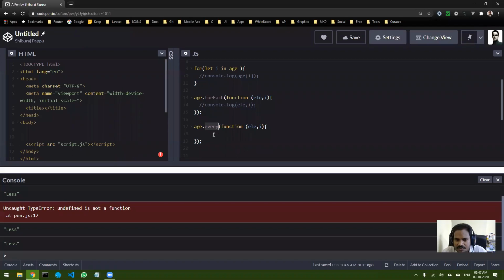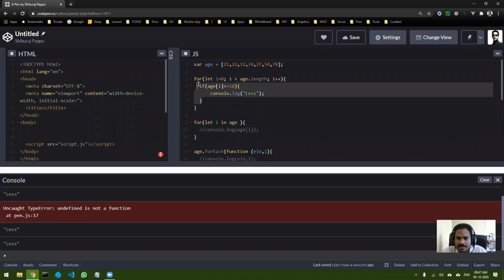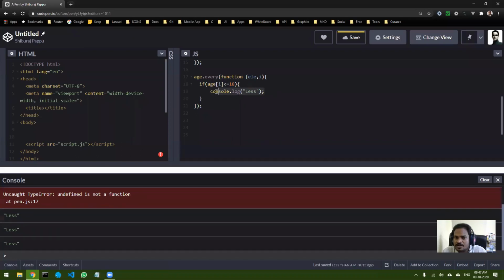Let me show you. I will just copy this particular command and paste it over here, and instead of doing console.log, because it is a function, I will do return.